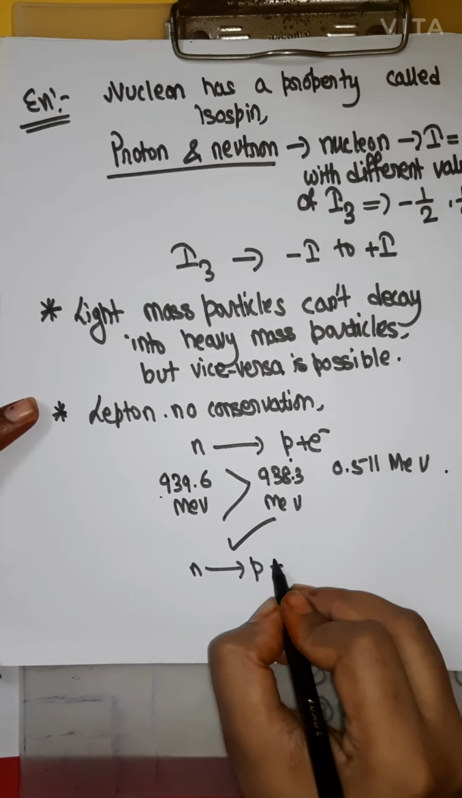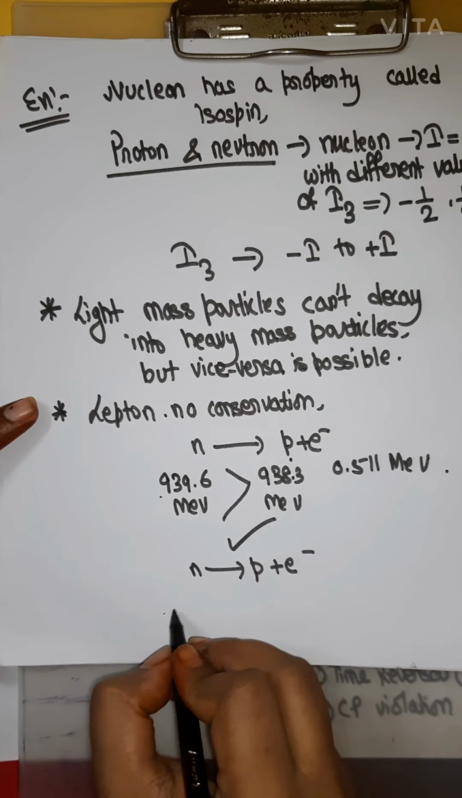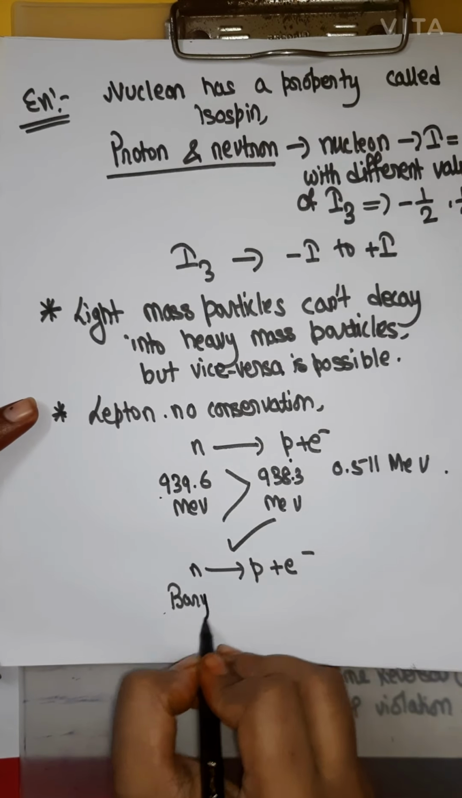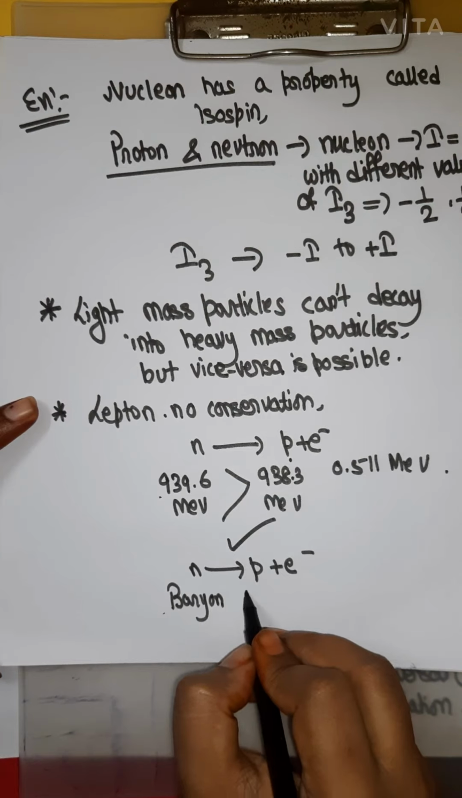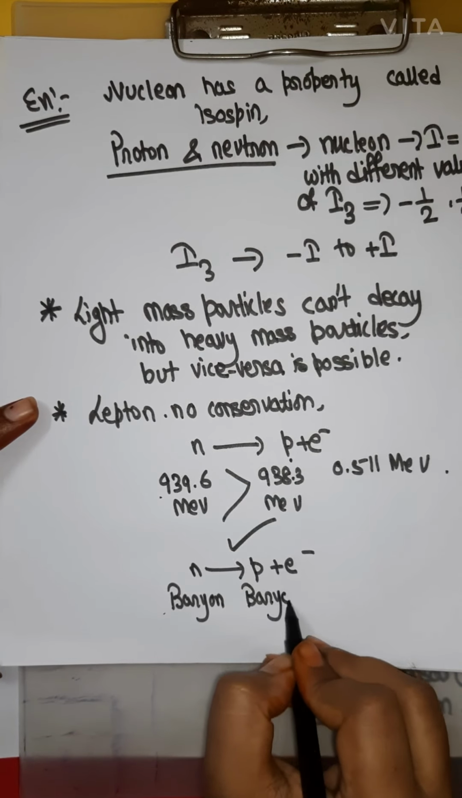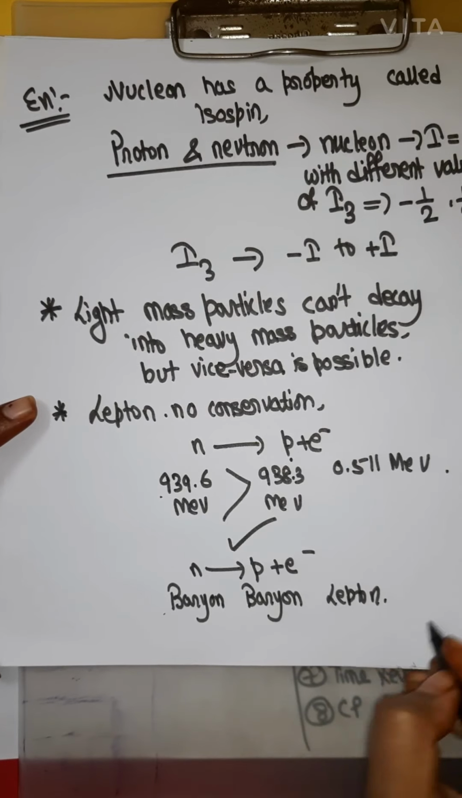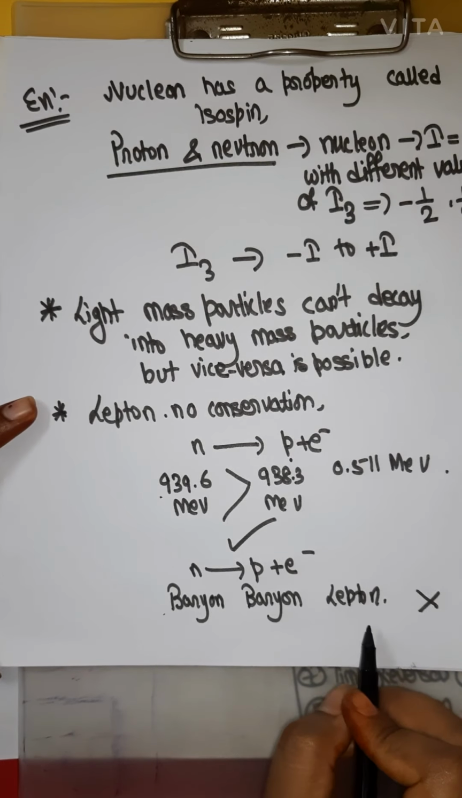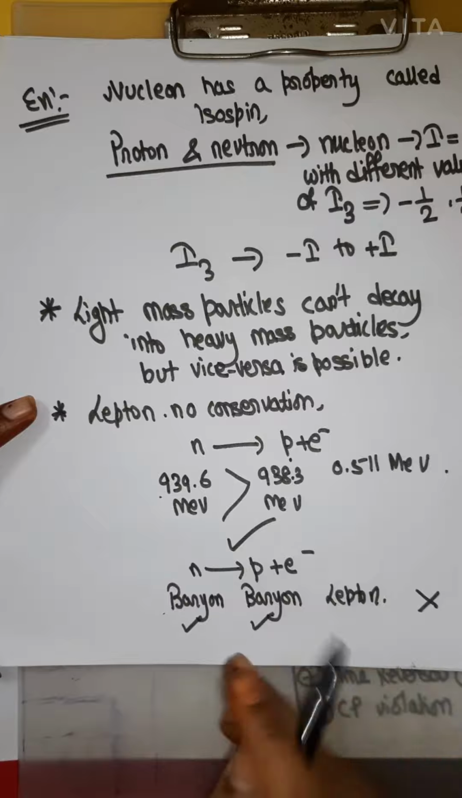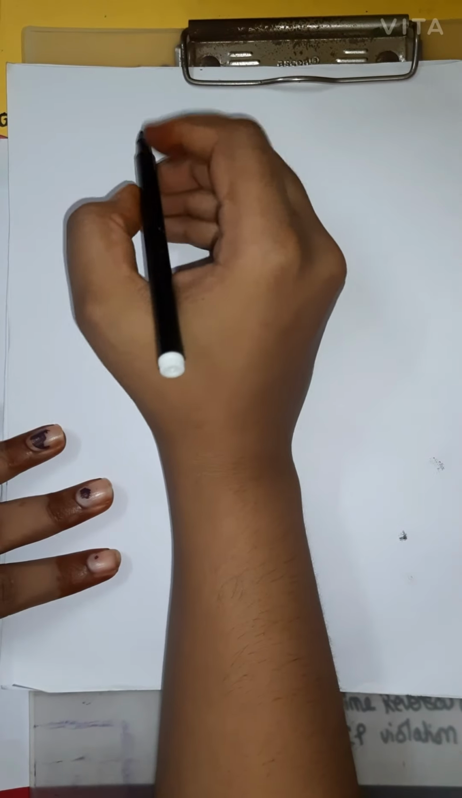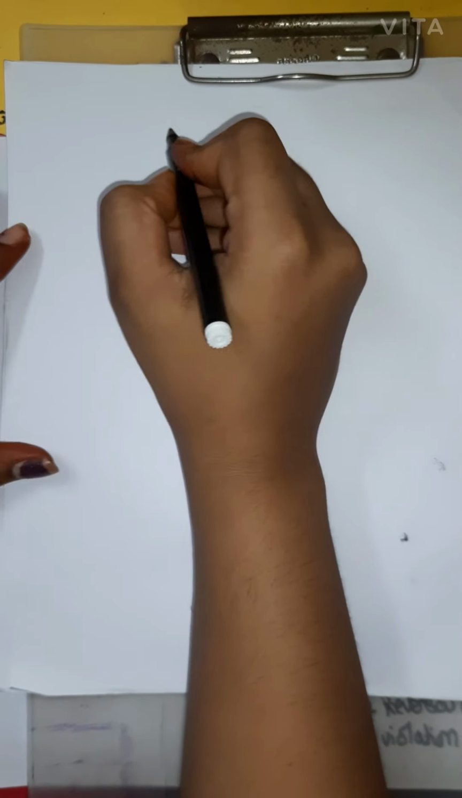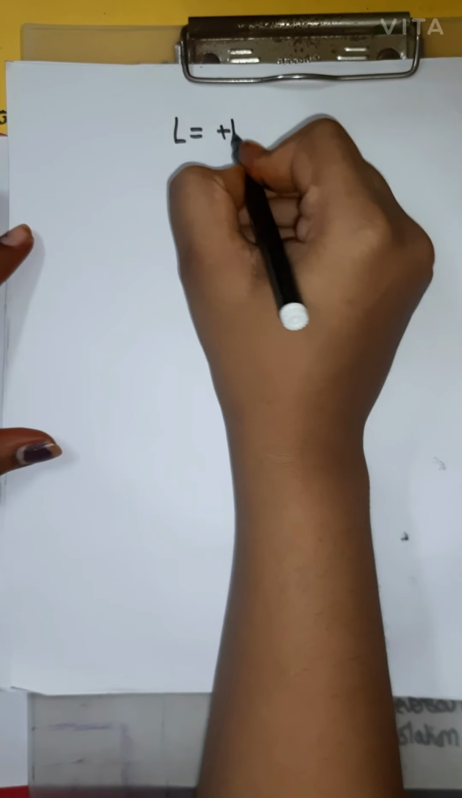Decays to proton plus electron. So neutron is a baryon, proton is also a baryon, but electron is a lepton. So lepton conservation does not hold, but if we check for baryon conservation, yes, baryon conservation does hold. And for lepton conservation we will have to keep one thing in mind, that is lepton number is plus 1 for